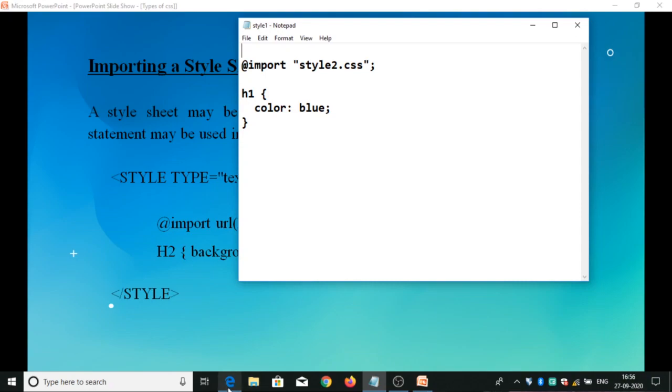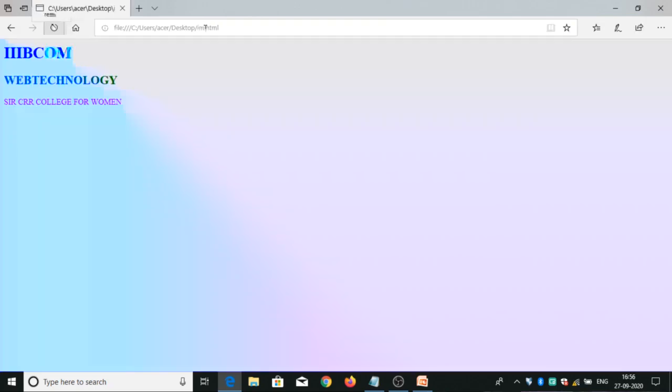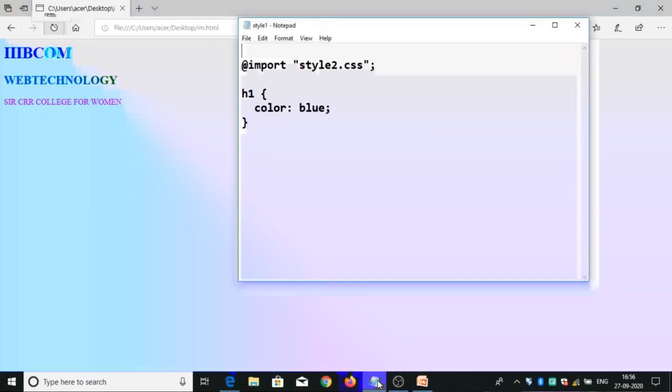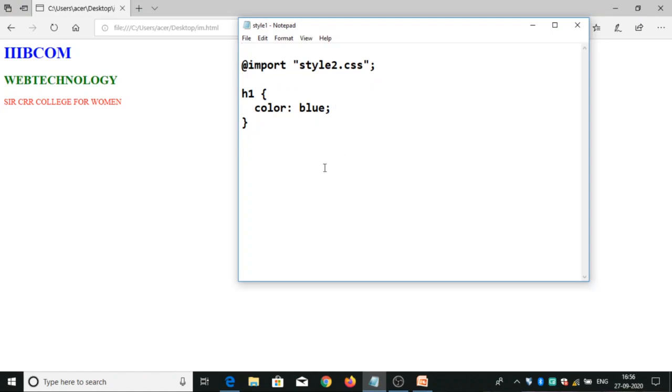Let's run this program and see the style that is imported from style2. This is the output of this program. Here in style1, I have a style only color blue for h1. For h1, I have taken the content as Third Beacon. For that, style1 is enough. In style1, I have included style2.